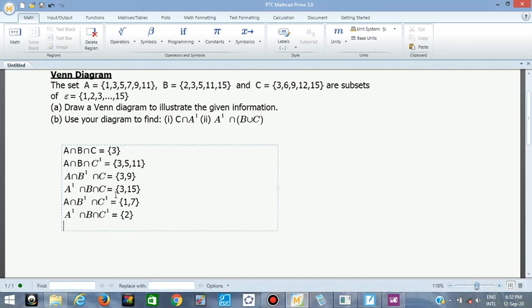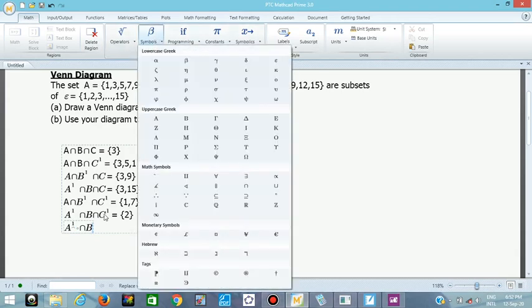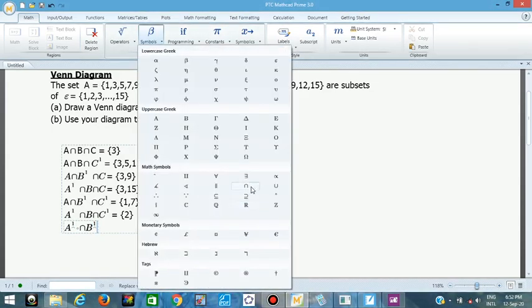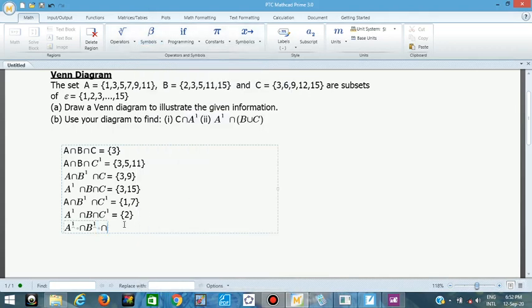So that is all. Then the next set I need now, I need only the element in C, but I don't have it in A and B. So how do I write this one? You start by putting your capital A, make sure you raise it to this power 1, intersection B, make sure you raise it to power 1 also, that is B complement, then intersection C. So this is all I need.